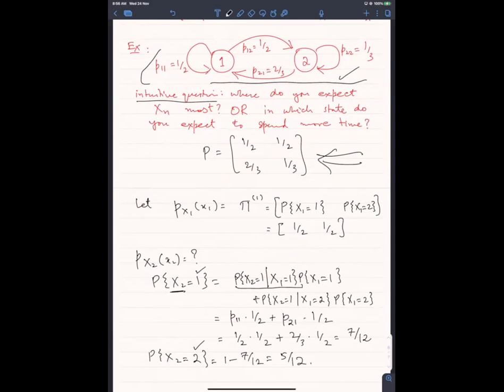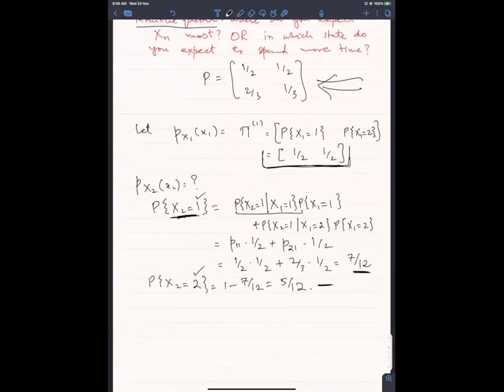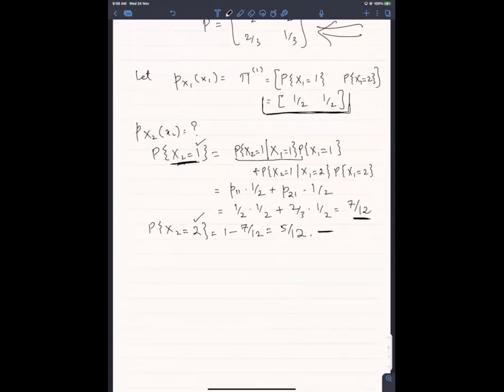This is 5/12. So देखें, we started with equal probability to be in either of the states, ठीक है? लेकिन ये पहले ही जो है ना x2 इज इक्वल टू 1 कि आप स्टेट 1 में होने की ज्यादा चांस आ गया और स्टेट 2 में होने का जरा कम चांस आ गया, सिर्फ एक ही स्टेप के अंदर। 2 स्टेप में कितना होगा, 3 में कितना होगा, 4 में कितना होगा, ठीक है। So I am going to